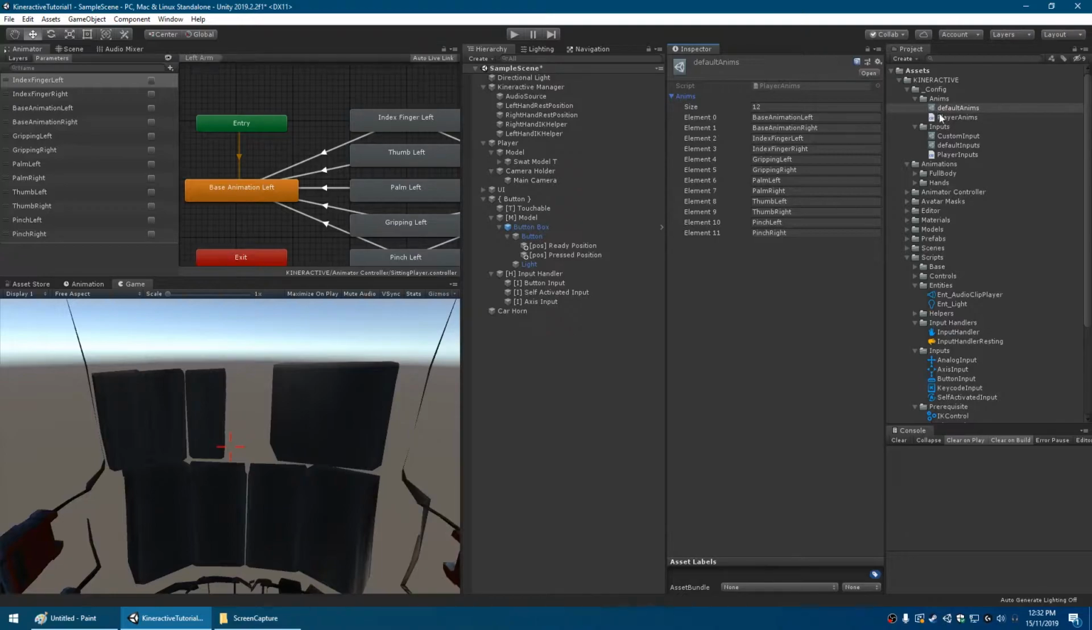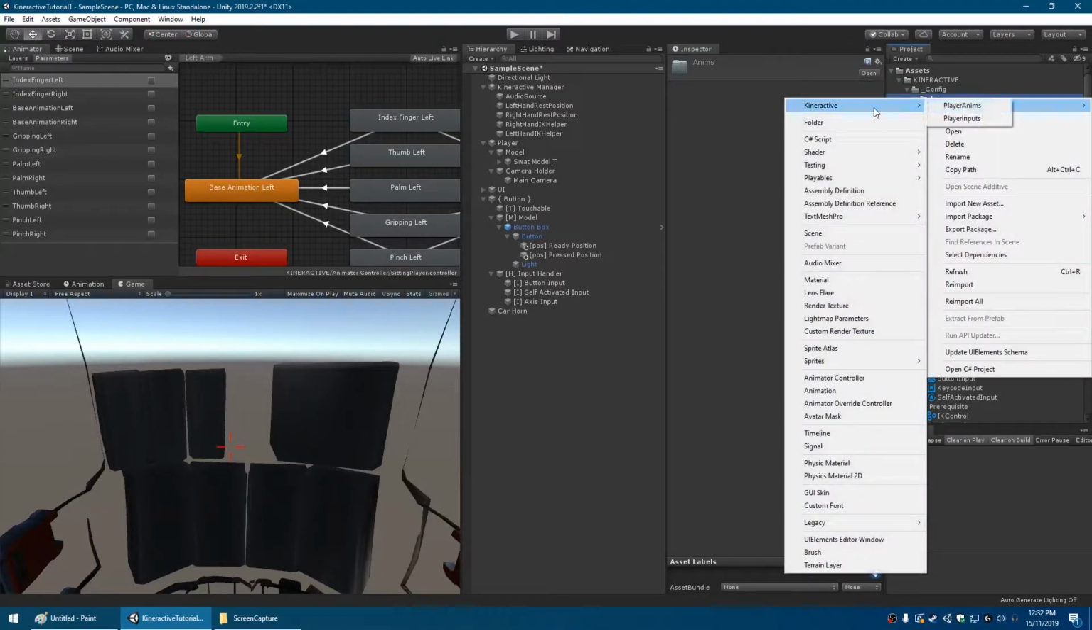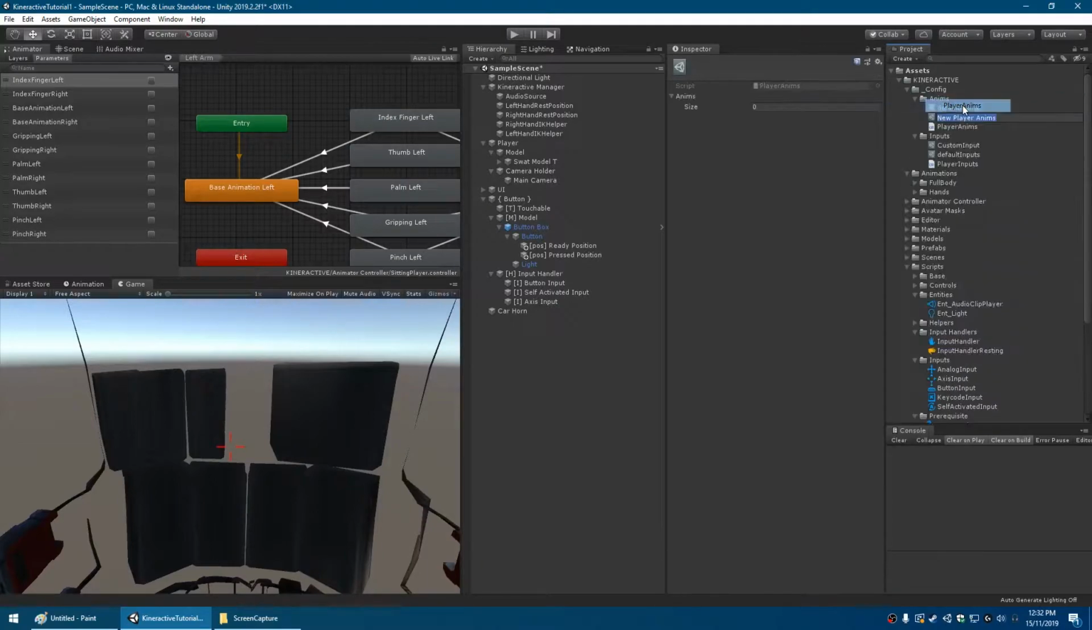So let's create a new one. I'll right click on anims, create KINERACTIVE player anims, and I'll call it custom anims, and let's just say 2, and we want one called punch and one called slap, for example, and we'd put in more parameters here, also called punch